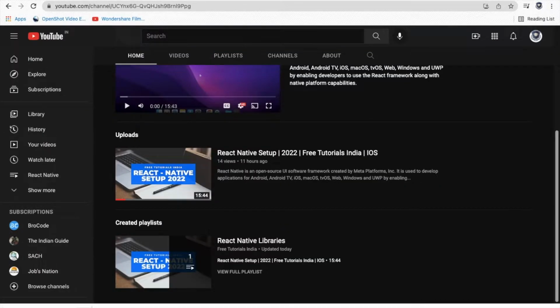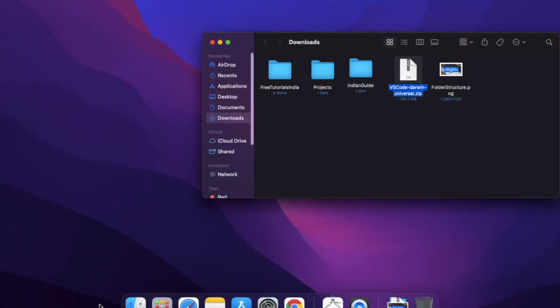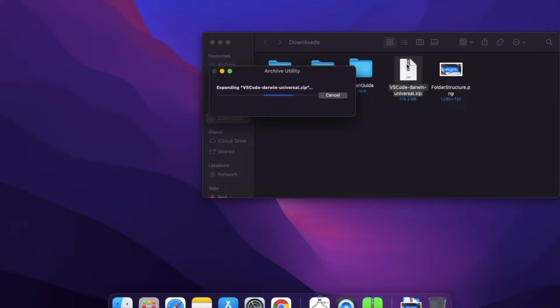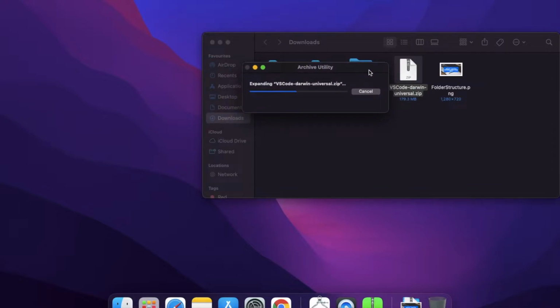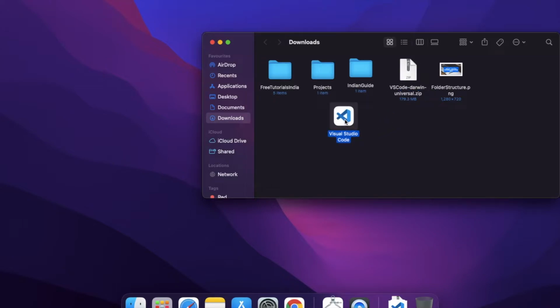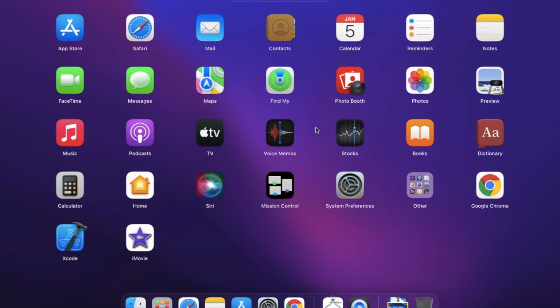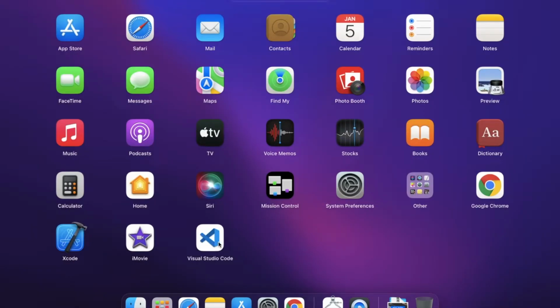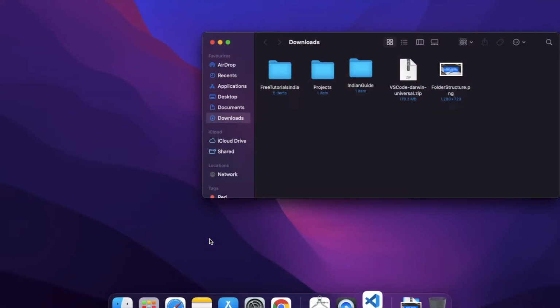So as you can see, it is done. Let me just open the folder. So first of all, what you have to do is you just have to move it to the applications folder. Just move it. So once you move it to the applications folder, it will start showing here. As you can see, VS Code is now here. So once you click it,